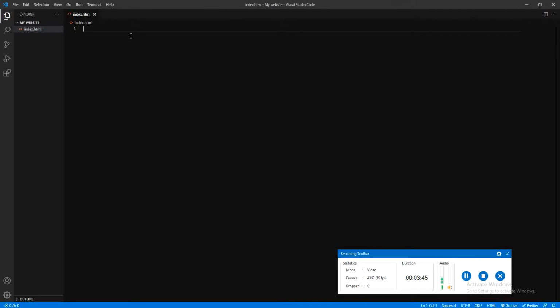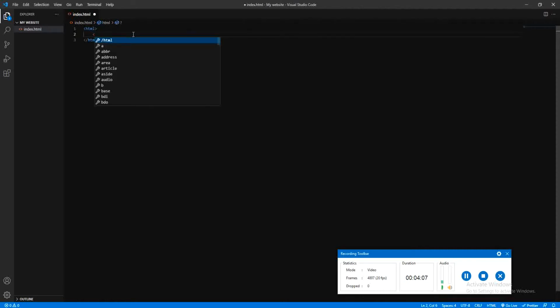So once you've created the file, the next thing is to start with your code. And this HTML, the basic snippet of it is HTML, and everything is going to be in lowercase depending on your choice. If you use uppercase, it will still work. And we have